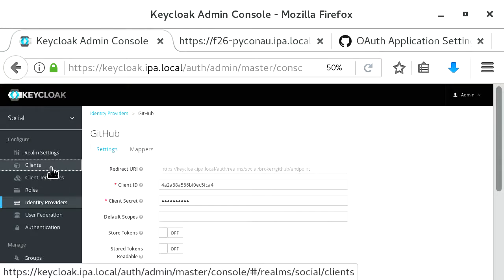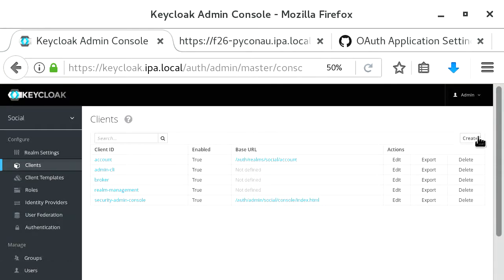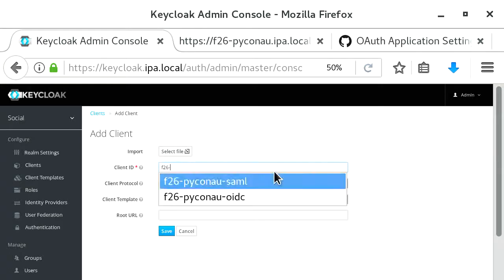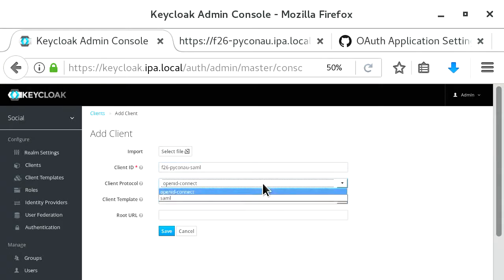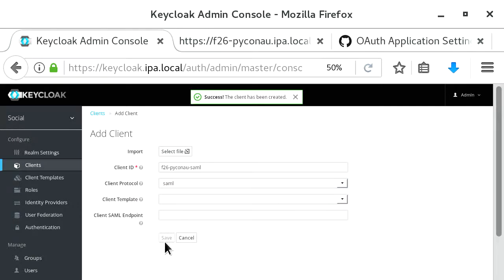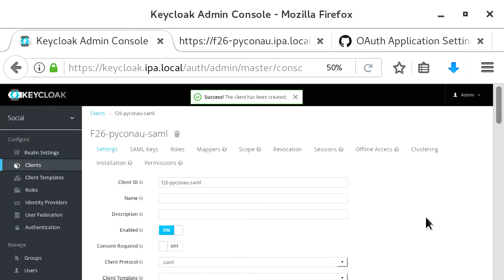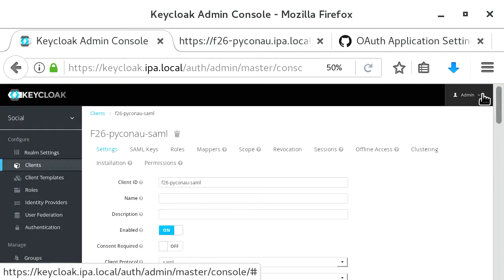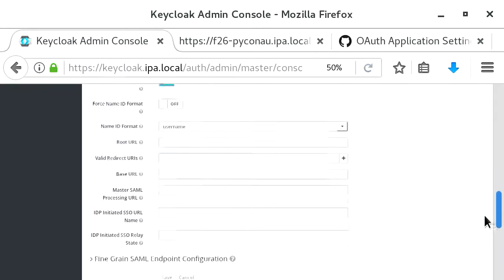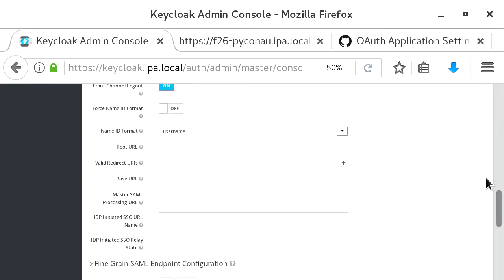and we now need to create a SAML client. So client here is a client of Keycloak, which is the service provider from the perspective of the user. We'll call this F26 PyConAU SAML. Choose SAML as the client protocol, and that's all we need to create there. In the client settings on Keycloak, there's one thing we need to change, and that is to add